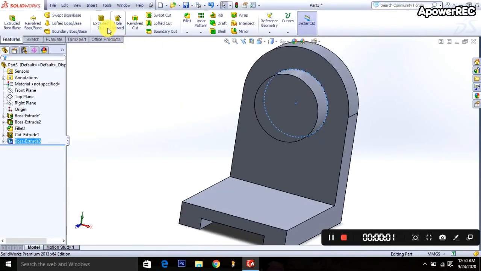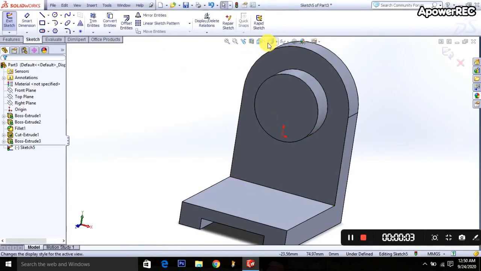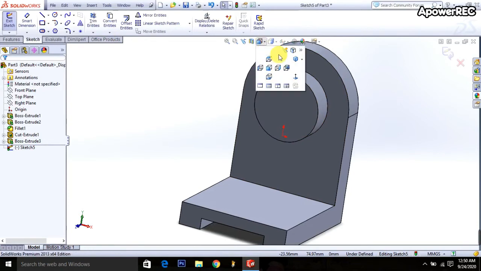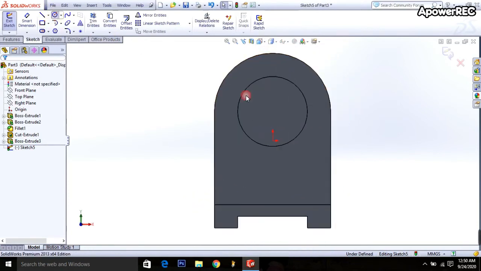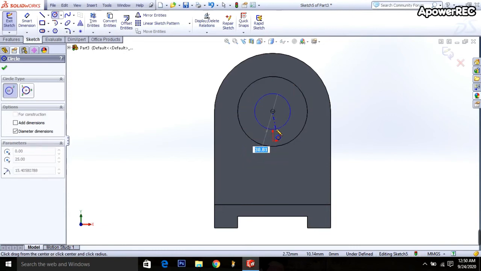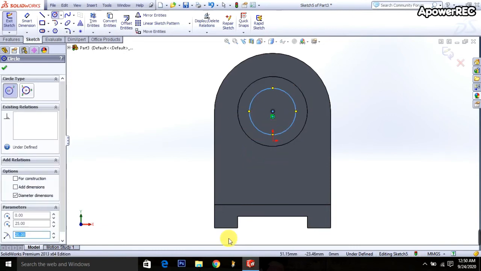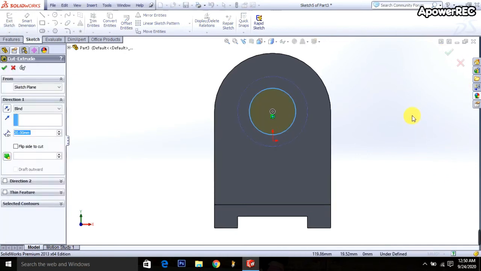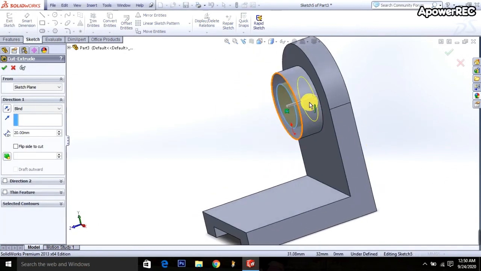Then again I am selecting the extrude cut, click on the surface, go to here, select the normal plane, taking the circle and sketch it. Then it will be 40 millimeters. Then exit it. Then the direction is this way and it will be 20 millimeters. So okay,